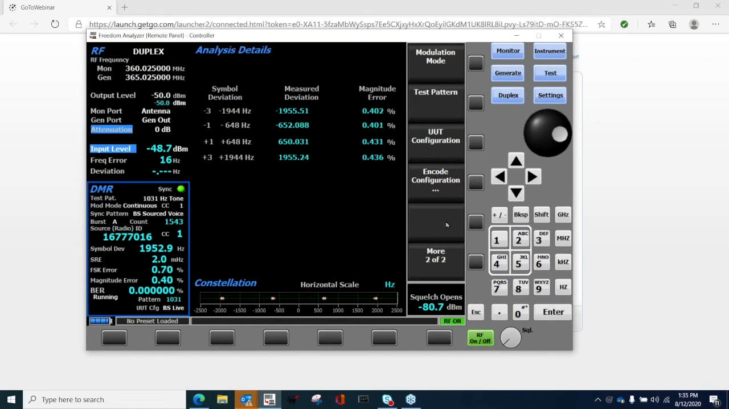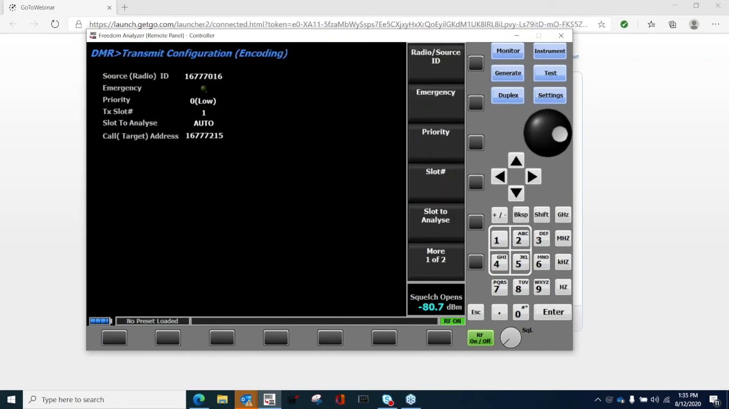Okay, let me show you another important thing here. You see encoder configuration. When you choose encoder configuration, it shows you the configuration of the encoder transmission for DMR. So you see the ID we are using, okay? We see we can generate